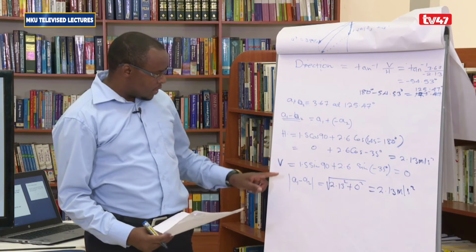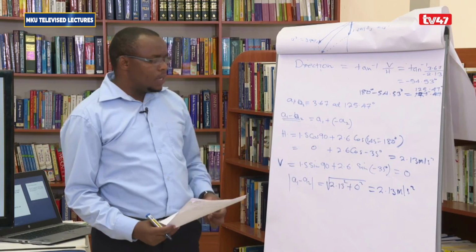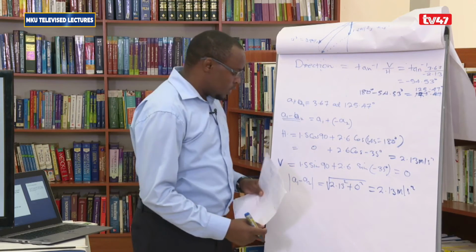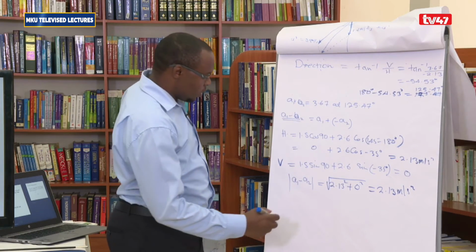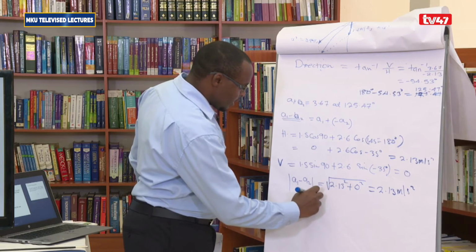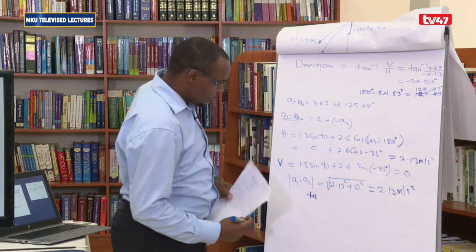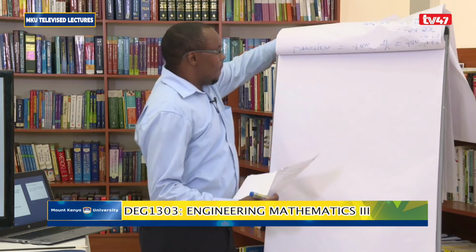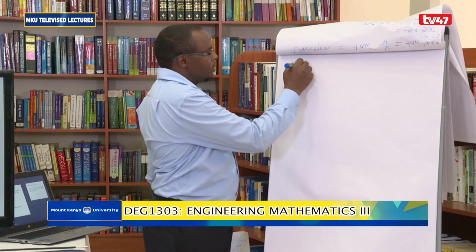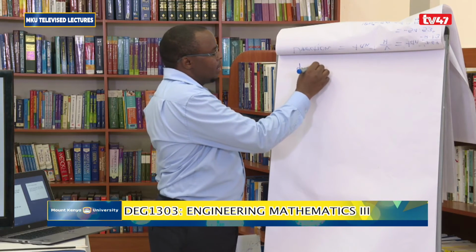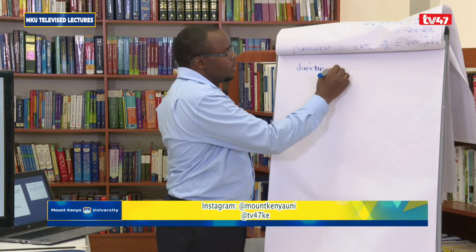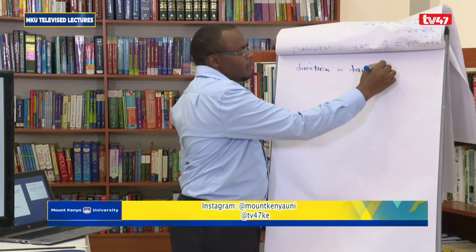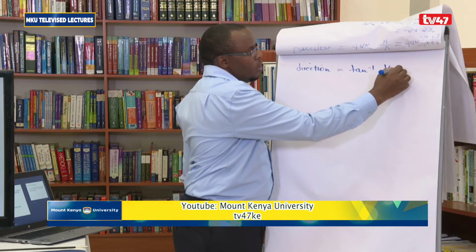Now we have got the magnitude. Now again we need to get the direction of this, and the direction of this one, just like the previous one, is going to be given by the tan inverse. So direction is going to be given by the tan inverse of the vertical over the horizontal,